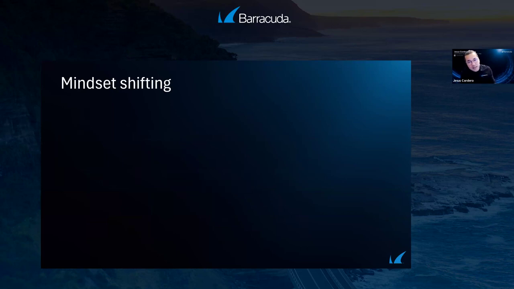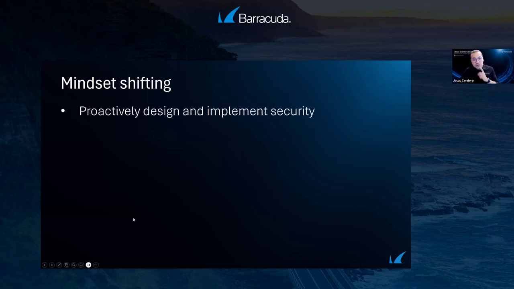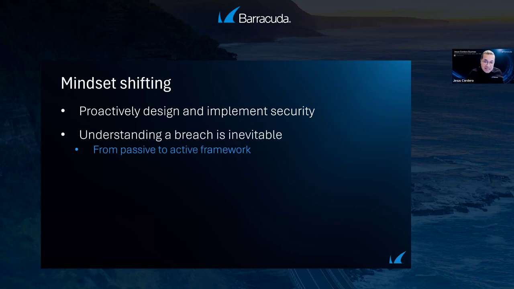We are on the secure side of the cybersecurity plan creation and implementation, but we needed to realize that this is not enough, that we need to shift to a proactive design and implementation of security. It means that we need to shift from a passive to an active framework.